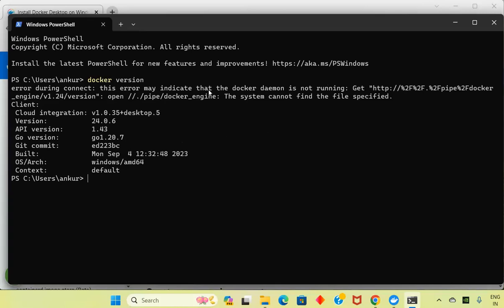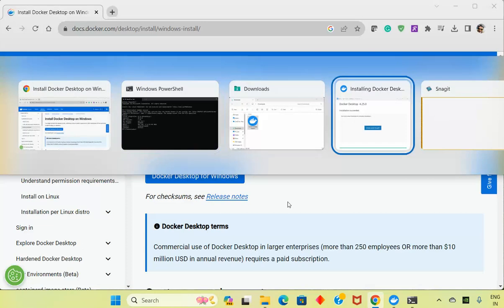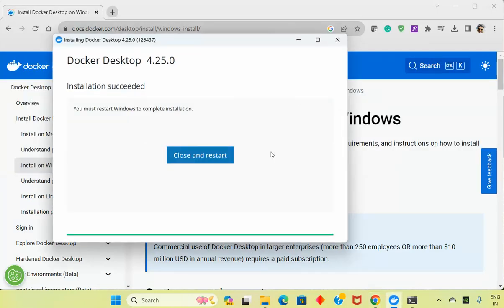So currently daemon is not running because we haven't restarted our system. So it means that the Docker has been successfully installed on my system. So the next day you just need to restart as suggested and then your daemon will start. So that is how you can install and configure